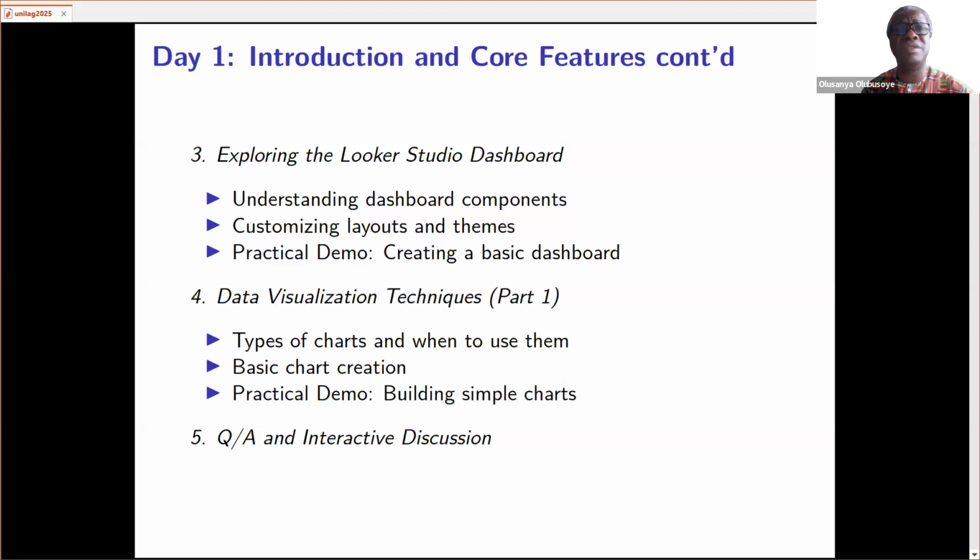We will explore the Looker Studio dashboard to enable us understand the components. We will also see how we can customize the layouts, the themes, before we close the session with a discussion on data visualization techniques, which you can leverage on Looker Studio.